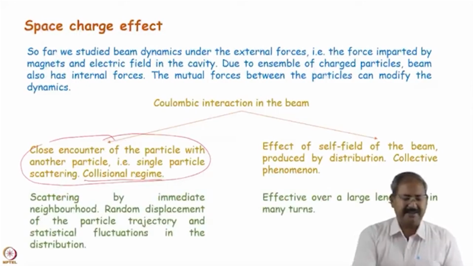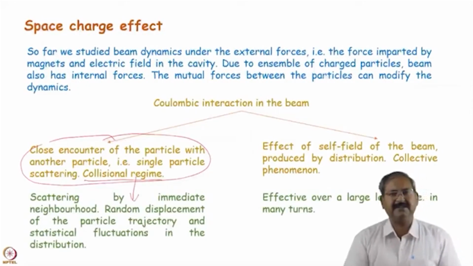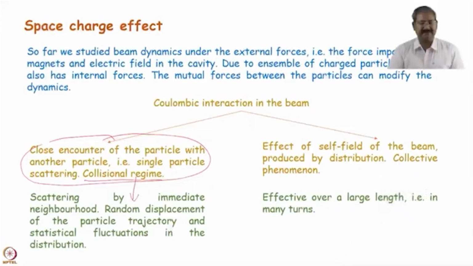So scattering is affected by the immediate neighborhood of the particle, and this gives rise to random displacement in the particle trajectory. Meaning scattering occurs, the particle gets a kick and its trajectory changes. So random kicks on the particle can be there due to this phenomenon,